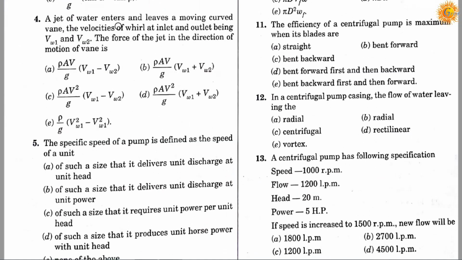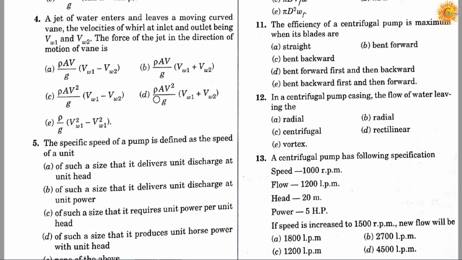Question number 4. A jet of water enters and leaves a moving curved vane. The velocity of whirl at inlet and outlet being V omega 1 and V omega 2. The force of the jet in the direction of motion of the vane is option A, rho AV divided by g into the bracket V omega 1 minus V omega 2. Option B, rho AV divided by g into the bracket V omega 1 plus V omega 2. Option C, rho AV square divided by g into the bracket V omega 1 minus V omega 2, and